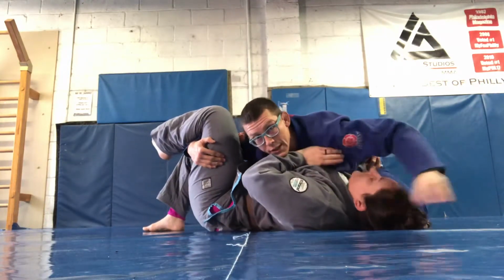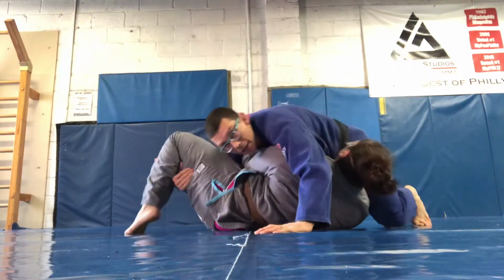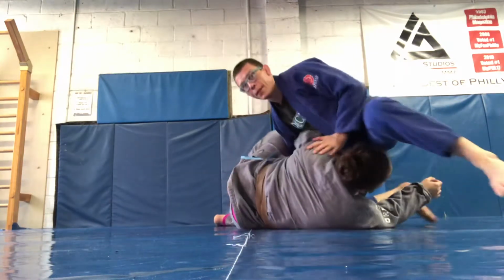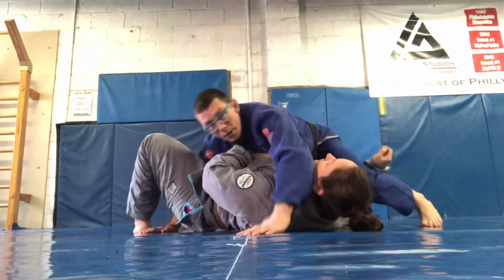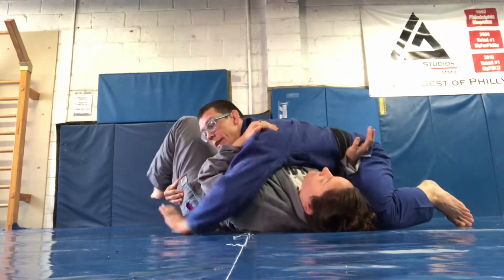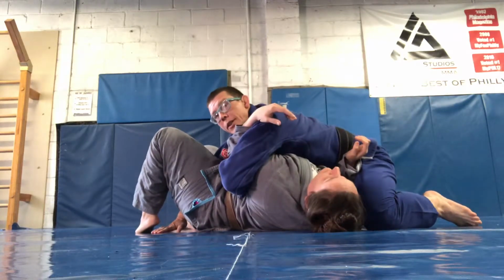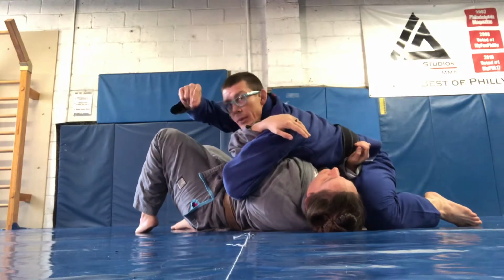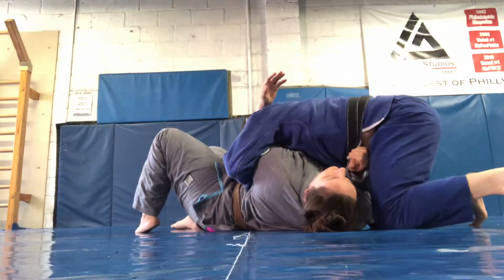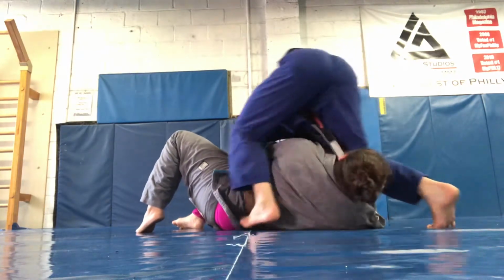chest to chest. If she has an underhook, she turns to her side. My knee slides underneath the armpit, step, Kimura. If her arm is above, this hand scoops underneath at the belt line. Walking across the belly button, I'm going to take this arm out and block her hip on the other side. Here, driving my head down, pinching the head with the knees